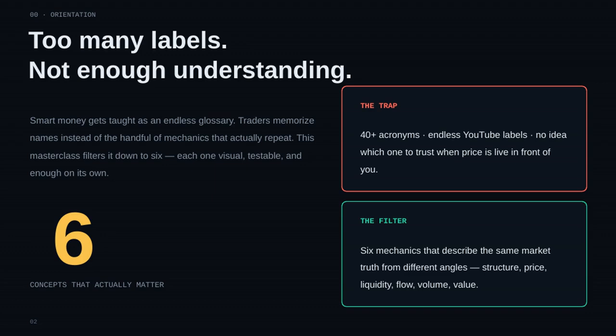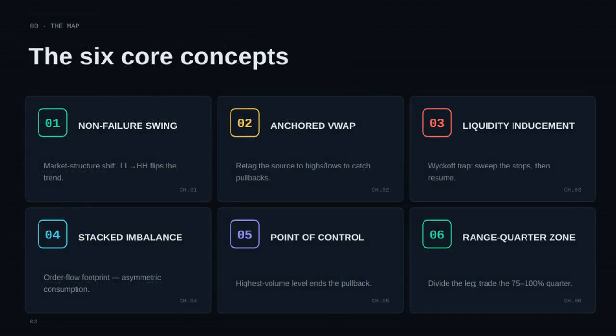Smart money gets taught as an endless glossary, 40+ acronyms, no idea which one to trust when price is live. This masterclass filters it down to 6 mechanics that describe the same market truth from different angles. Here's the map. 6 core concepts: the non-failure swing, anchored VWAP, liquidity inducement, stacked imbalance, point of control, and the